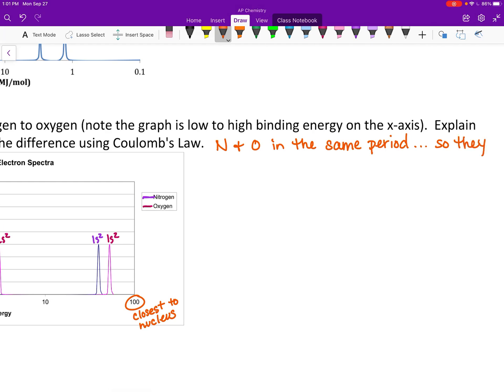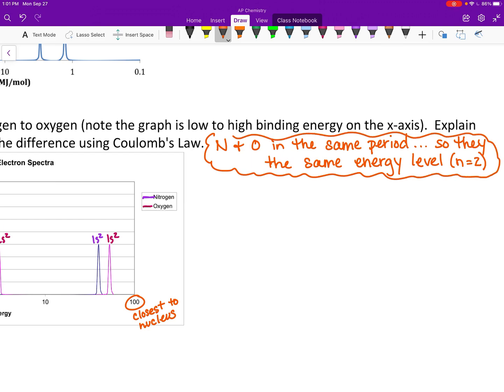So they have the same energy level. We said that was n equals 2. That's where the valence electrons land. Okay. So then we have to account for what's the difference here. Well, we know that nitrogen